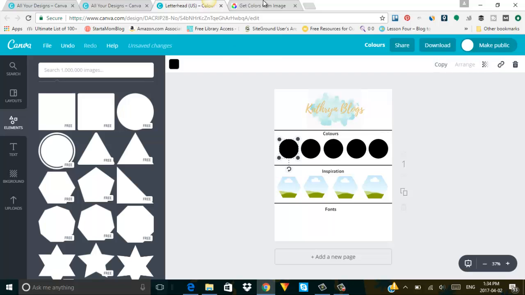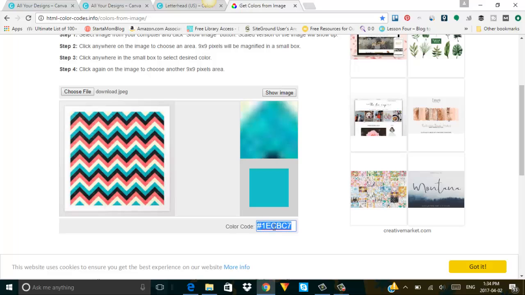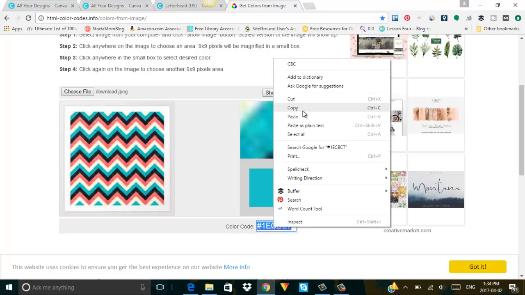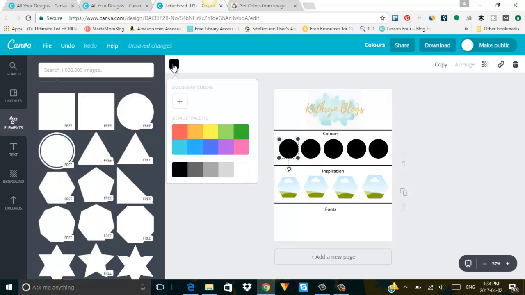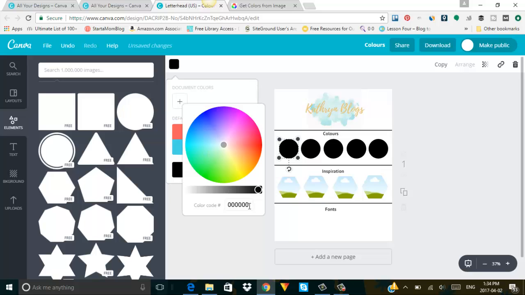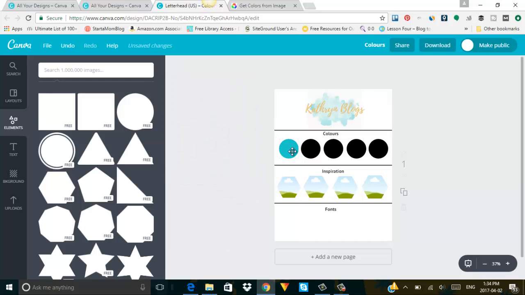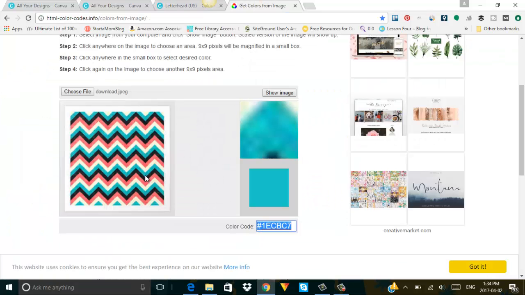color number from here. And we'll go back here and we'll click on the first one and we'll push this little plus sign. Down here, you could paste it right in there and it will give you the color. So if you want all 4 of these colors on your website, which is a nice match here, so you could pick a pink,